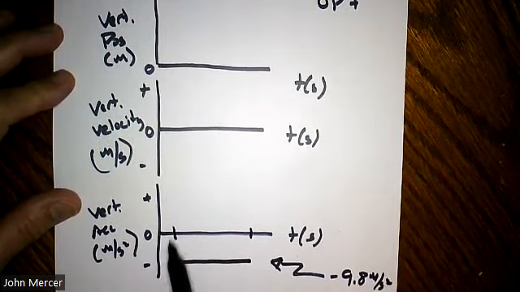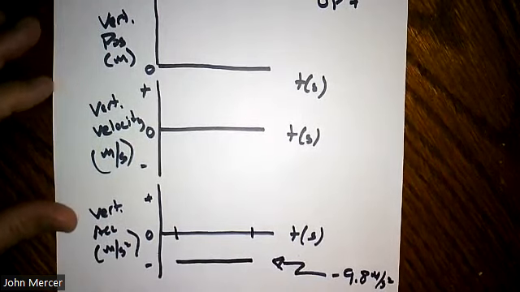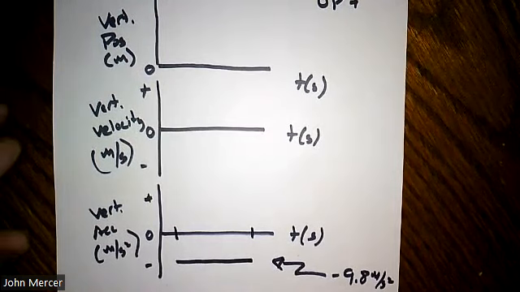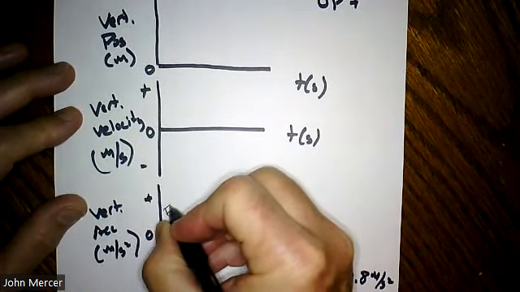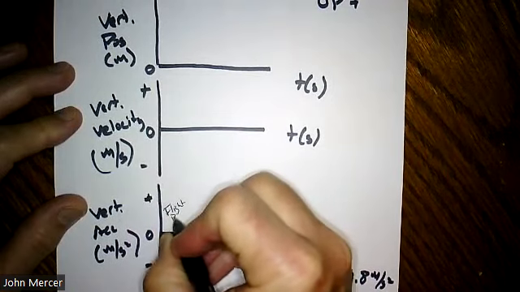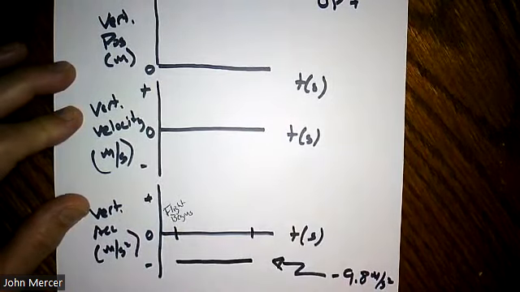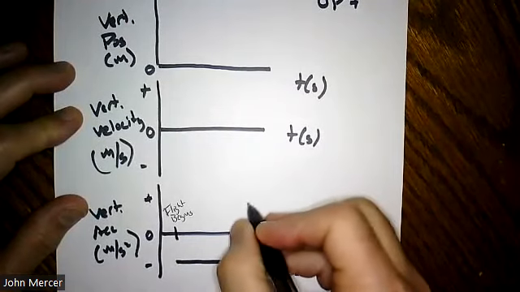So acceleration from the time that flight begins, let me try to write with a pen on that so it's not too big. Flight begins, and then to the time that flight ends,